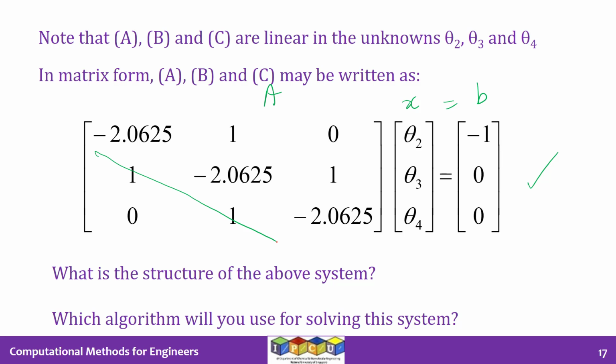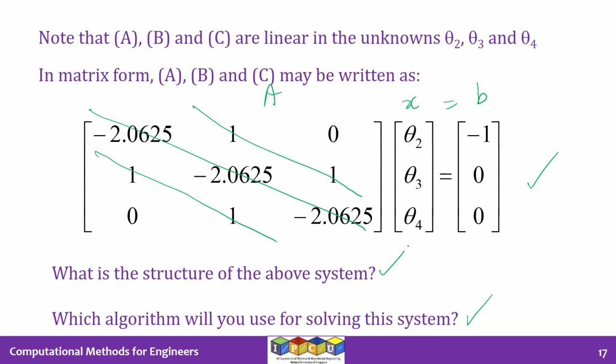So this is the subdiagonal, this is the main diagonal, this is the super diagonal. Above the super diagonal, everything is 0. Below the subdiagonal, everything is 0. So this is a tridiagonal system, and we learned the Thomas algorithm was very effective in solving tridiagonal systems. So you can employ the Thomas algorithm, or if you don't mind about the efficiency of calculation, you can just use the backslash operator or Gauss-Seidel or LU decomposition. So the perfect algorithm for this will be the Thomas algorithm because it's a tridiagonal system.